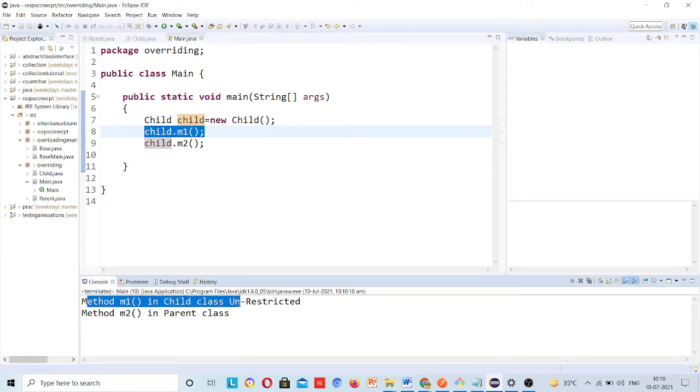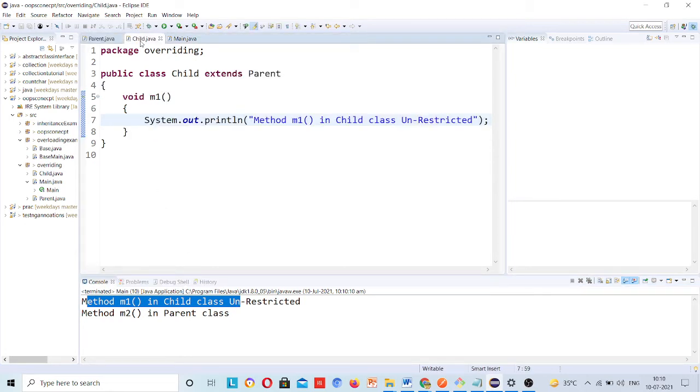It means the accessibility of some properties is given to the child class, because child class has now written its own method for that game. Okay, and some accessibility it has given.